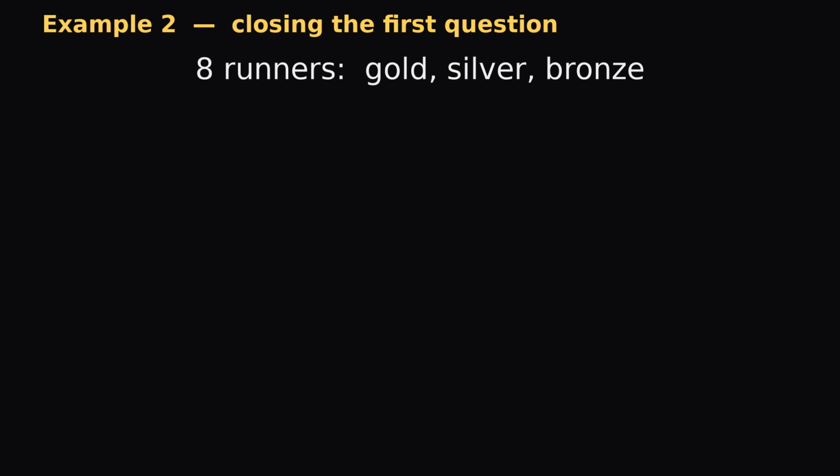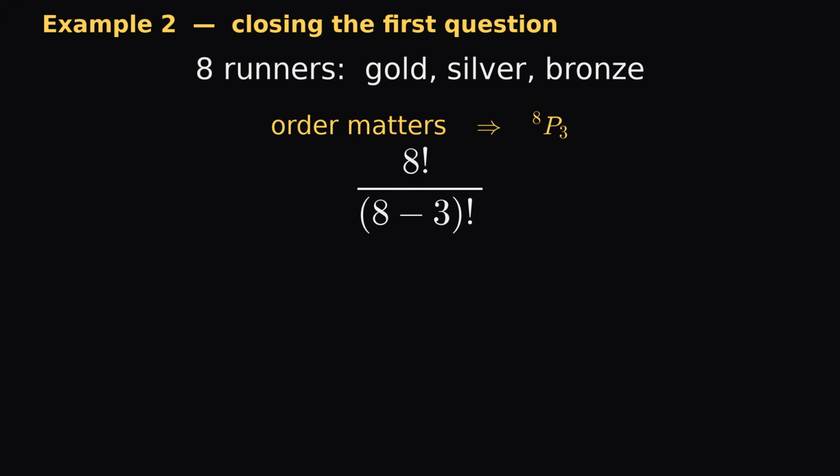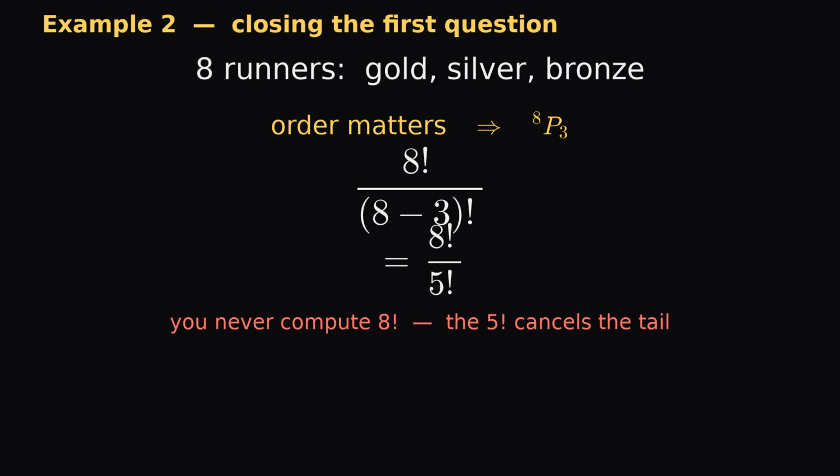Example 2. Now let's close the first half of the opening question. 8 runners, gold, silver, and bronze. Order matters, so it is 8P3. 8 factorial over 8 minus 3 factorial. That is 8 factorial over 5 factorial. And here's the thing worth saying out loud. You never compute 8 factorial. The 5 factorial on the bottom cancels the whole tail, and you are left with 8 times 7 times 6,